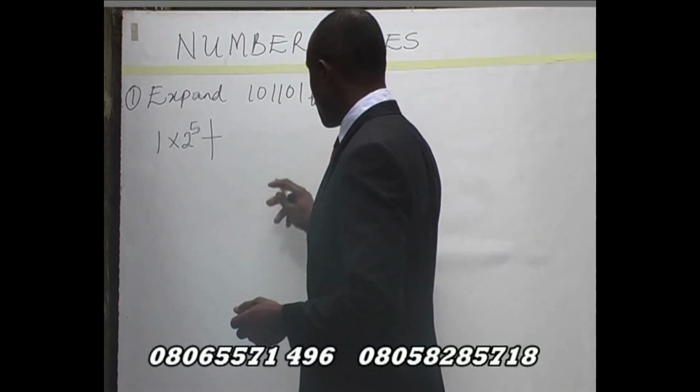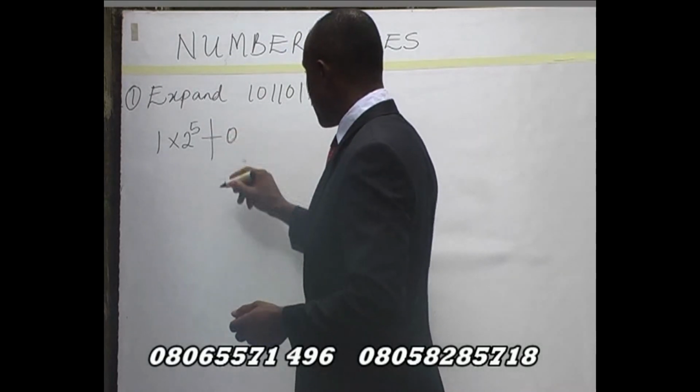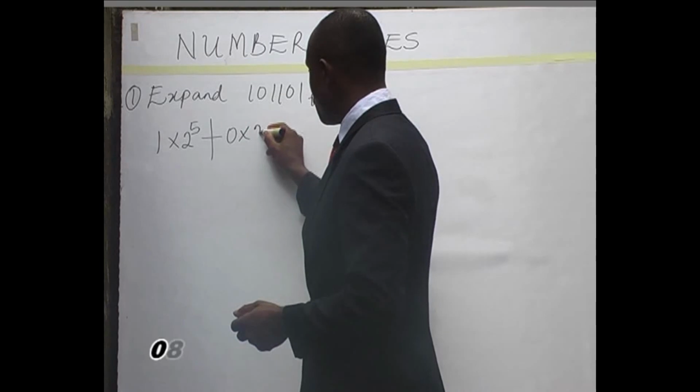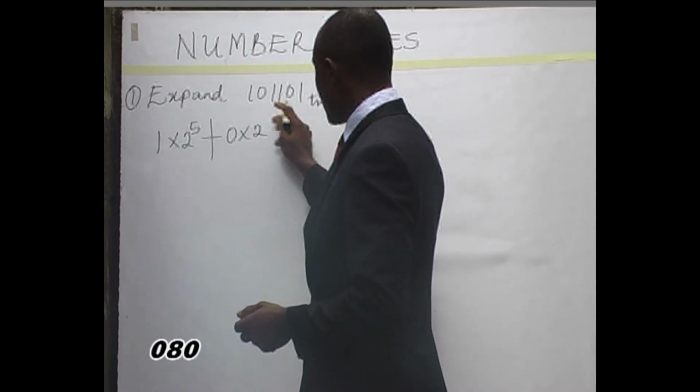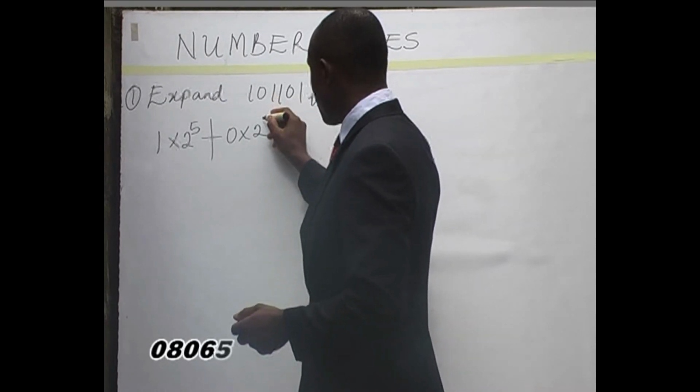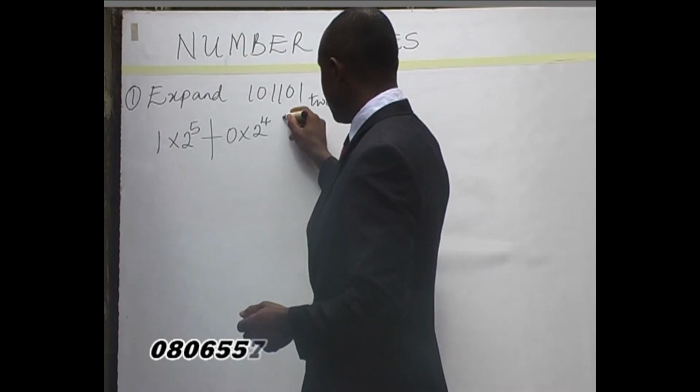Plus 0, the next number, times the base 2. Exponent: 1, 2, 3, 4. 4 is remaining. Plus